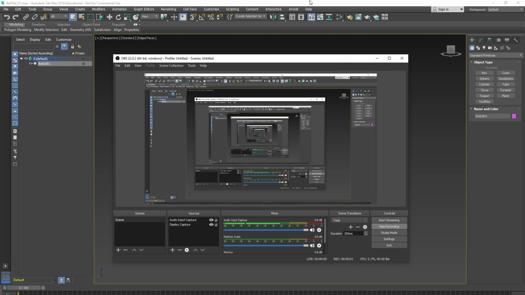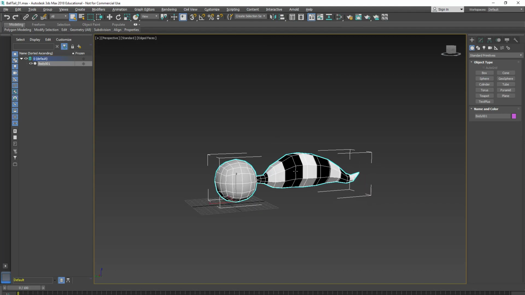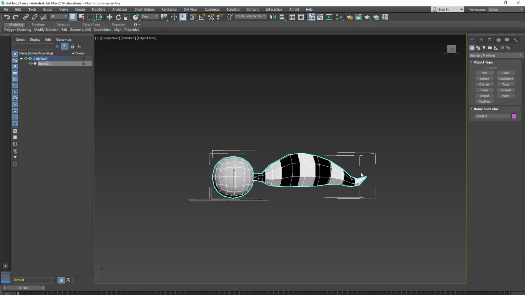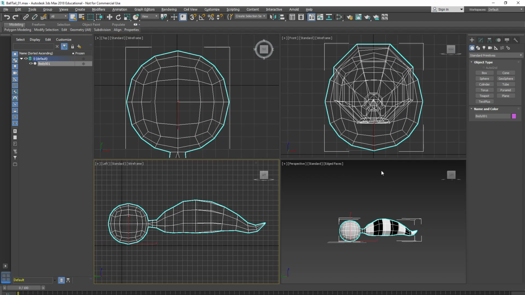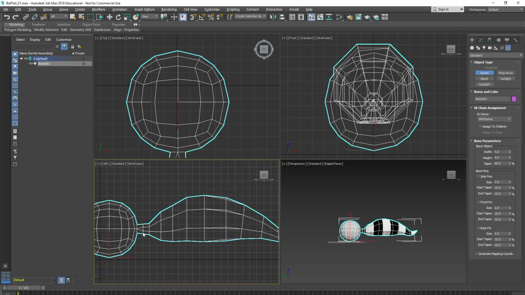Record it again. Since I didn't save, we're going to have to rebuild this rig real quick. But we're going to go through this real quick, and I'll try to move fast. I'm going to keep it simpler. So let's go back. Gears on systems, go to bones, and I'm going to start where I think basically the